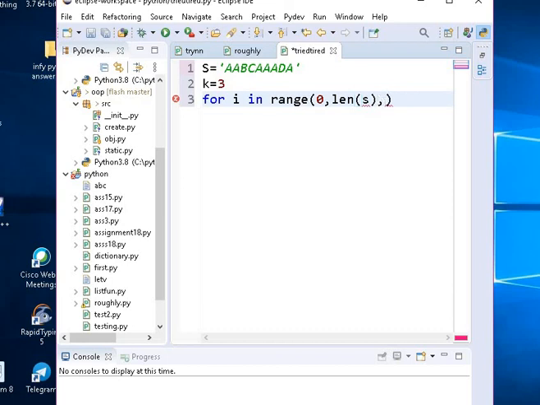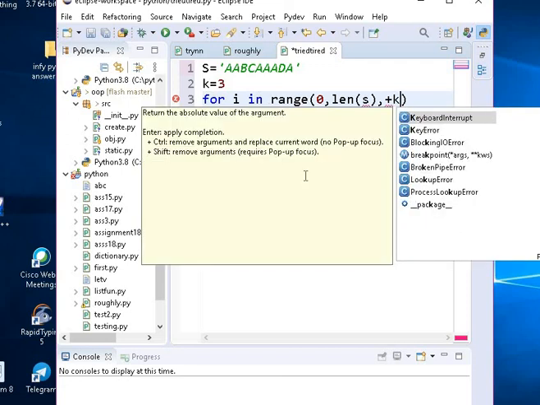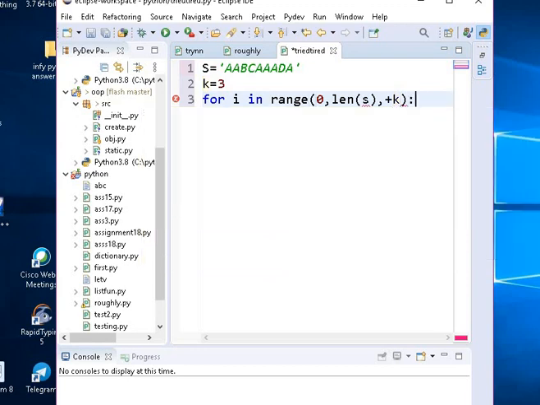Next, plus, we don't want to increment by 1, guys. We want the first 3, next 3 and next 3. So we are going on based on 3, that is the value of k, plus k. We cannot directly write 3 here, because we are taking the value of k, not exactly 3. The k value may be anything based upon the question.